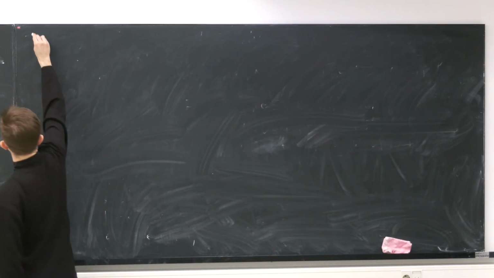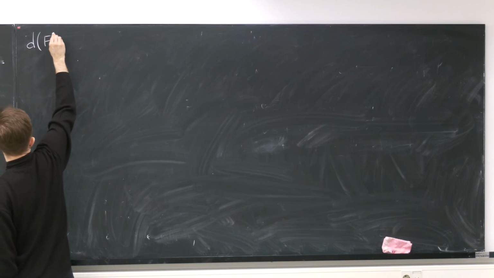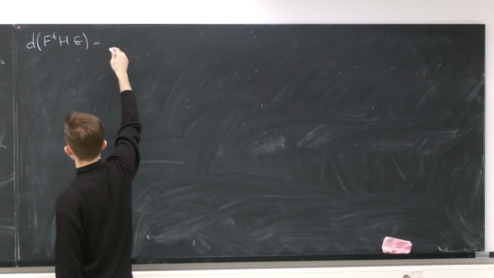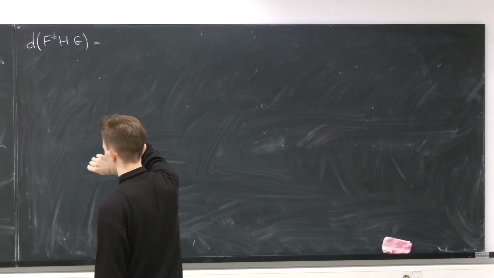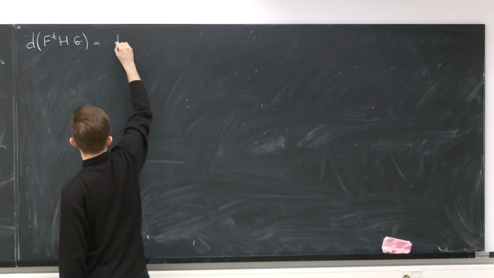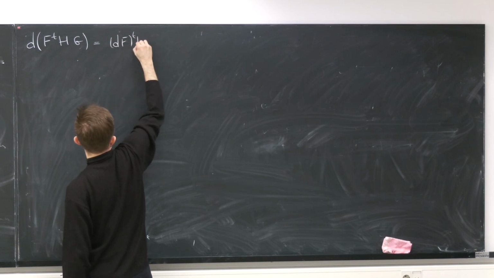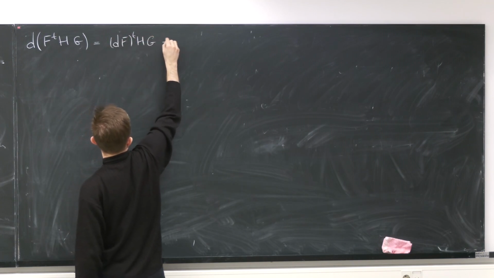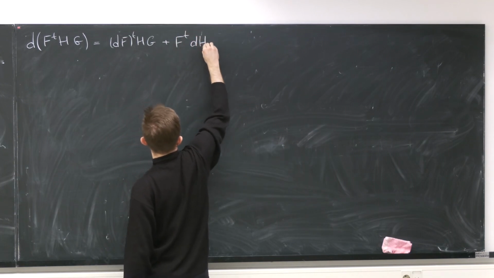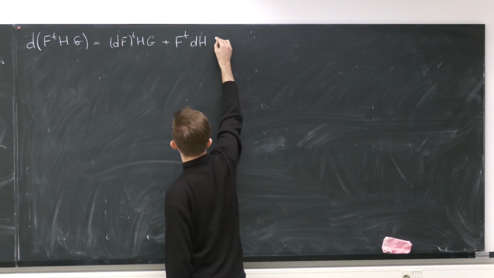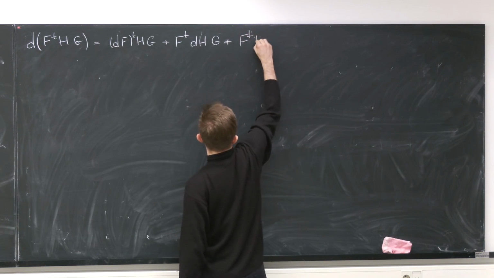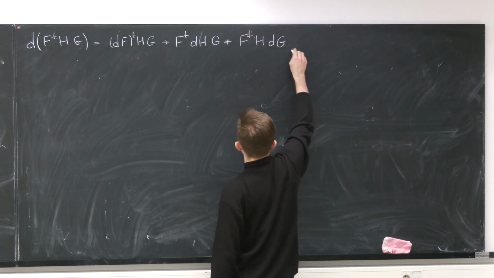So that's going to be dF transpose H G plus F transpose dH G plus F transpose H dG,